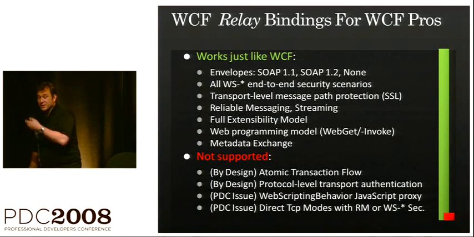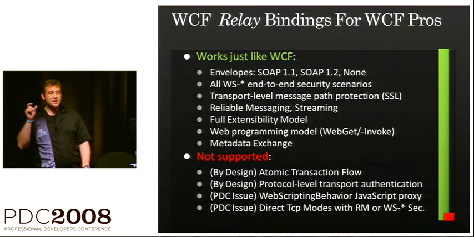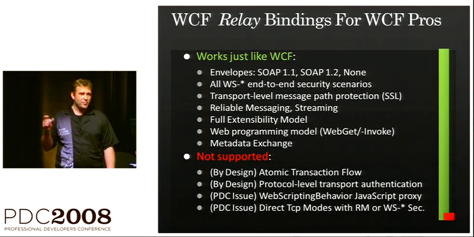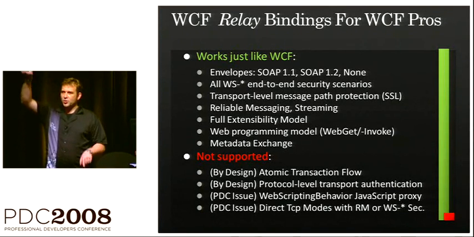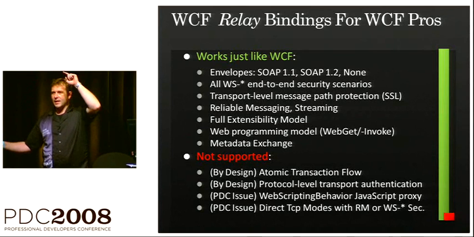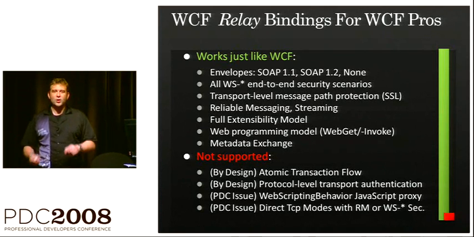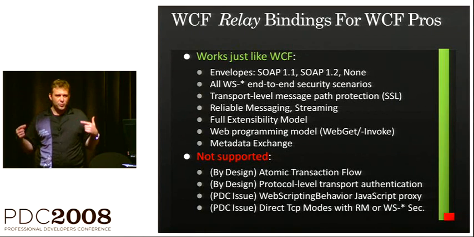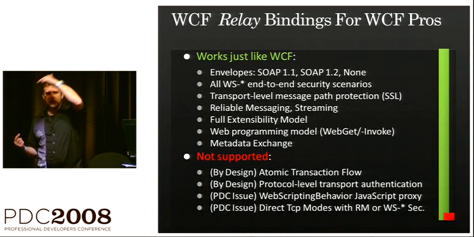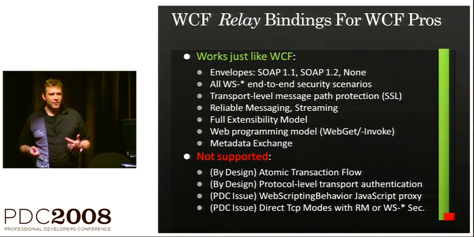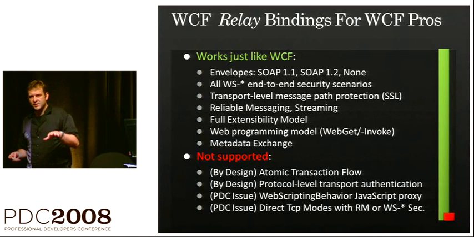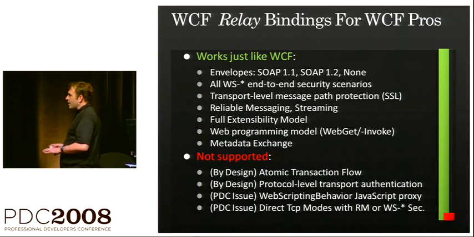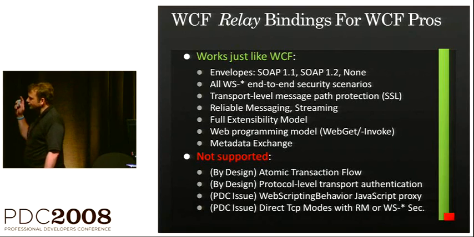Protocol level transport authentication doesn't work. You can't do RFC 2617 auth against our endpoints, because that only works hop to hop. And we don't know what that means. We're not directly supporting it. We're not stopping you from doing that in the pure HTTP mode, because we give you all the headers. We're just ignoring it. Instead, we give you token-based authentication, and I'm going to talk about how that works.